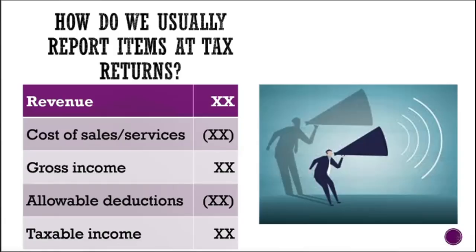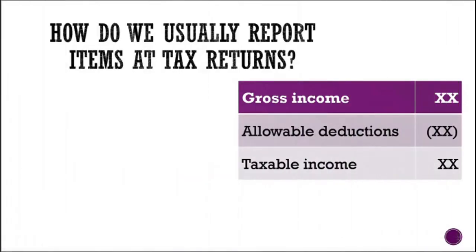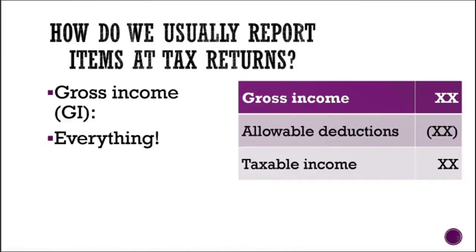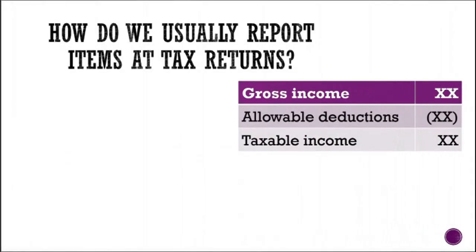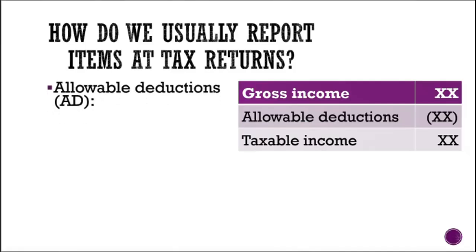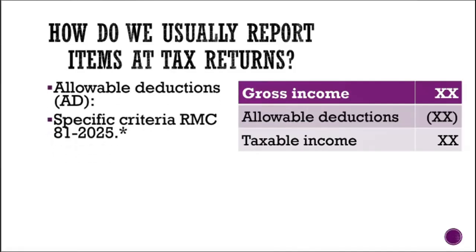Now, the next issue is how do we usually measure these items in our tax returns? So usually, when it comes to our gross income, we usually report everything. Everything talaga. So if ever, usually ang sinasabi ko sa mga students, if in doubt, include those items. For our allowable deductions, there's actually a specific criteria set upon by Revenue Memorandum Circular 81-2025. So you have to download that, and whatever expenses or expenditures that you're going to incur, it should be related